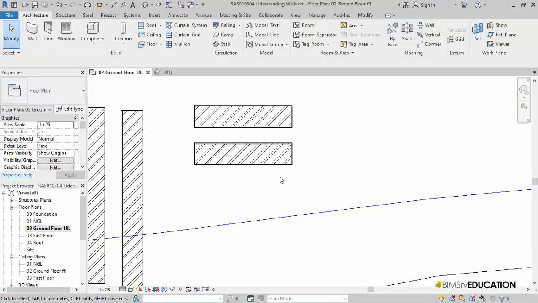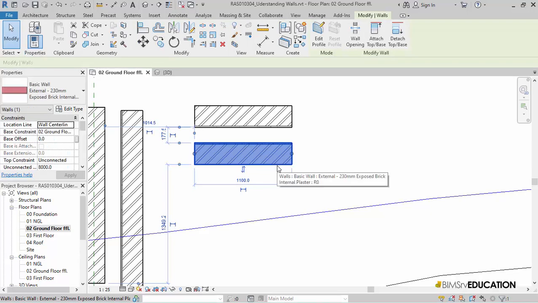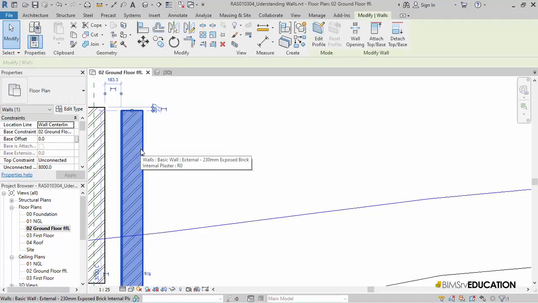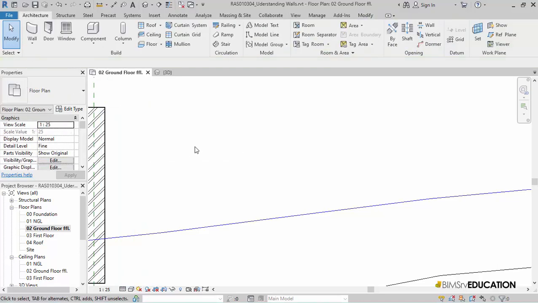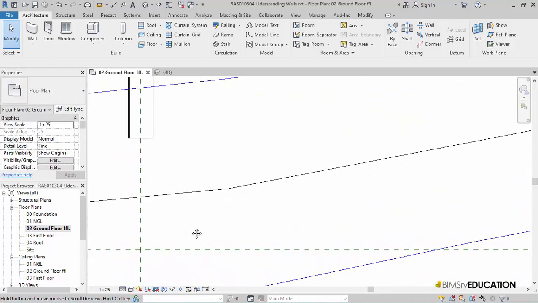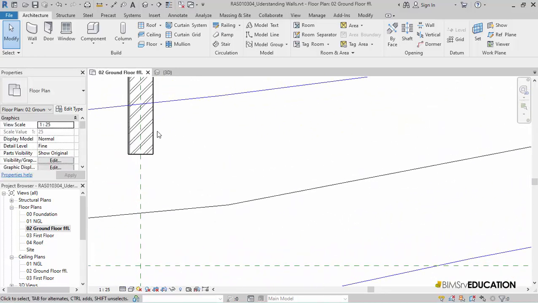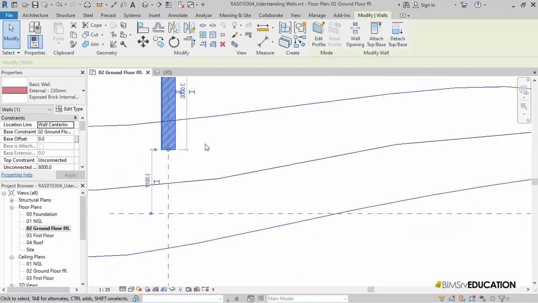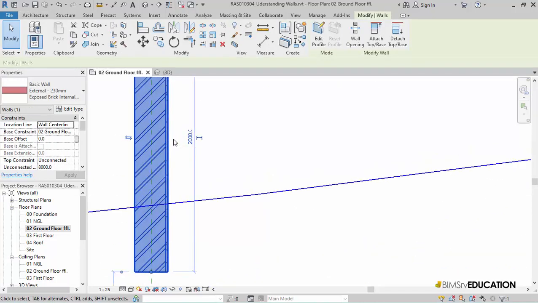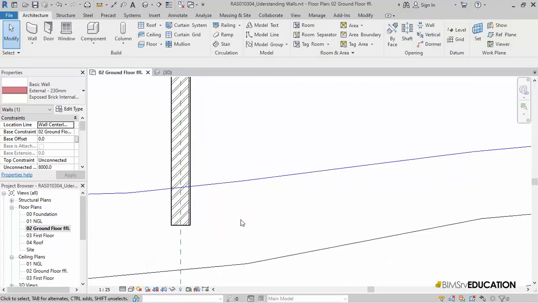For now, I'll delete these walls, and then reverse this vertical wall orientation. Now, while this wall is selected, I'll change the location line from wall center to finish face exterior.